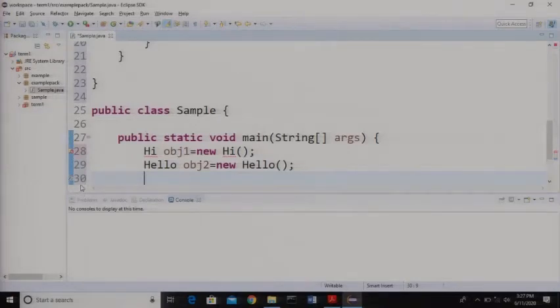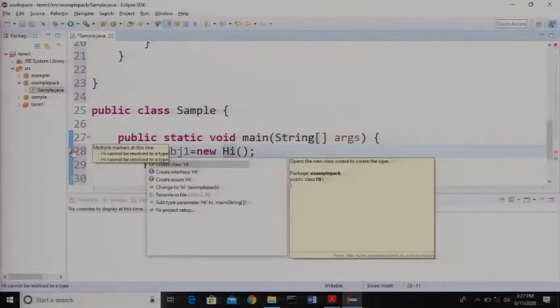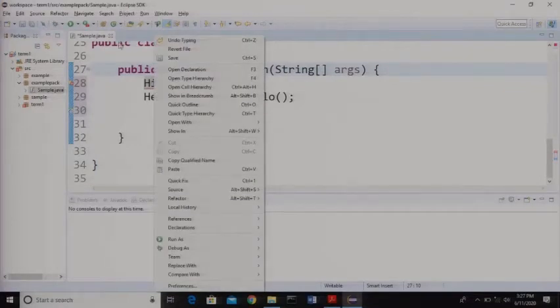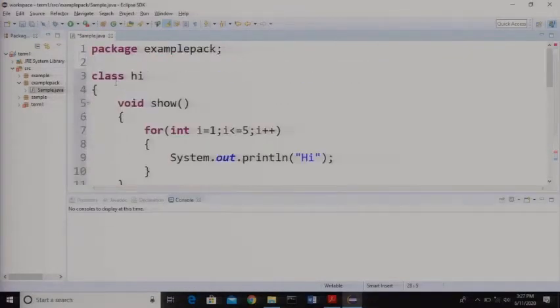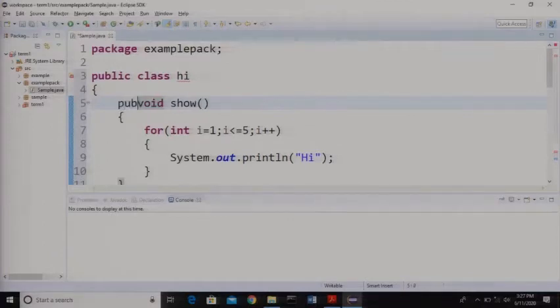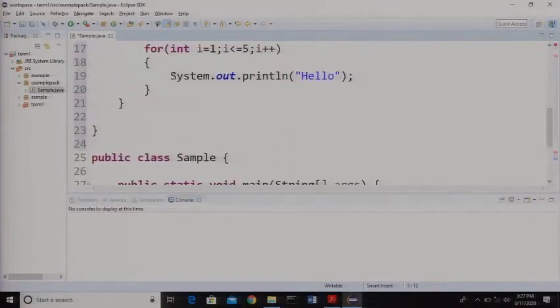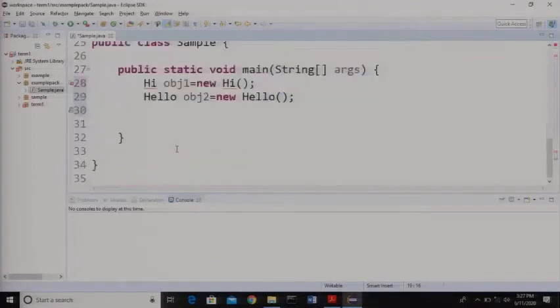Yes, what we are getting over here? Okay.